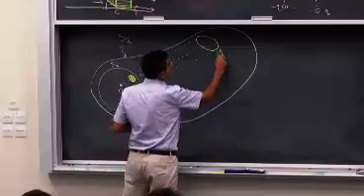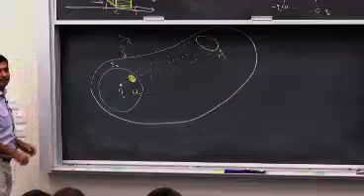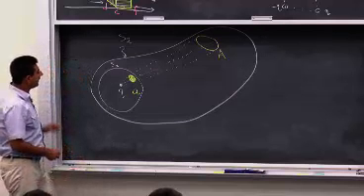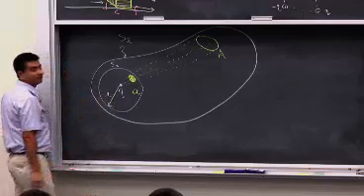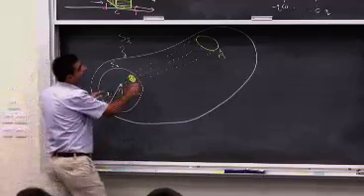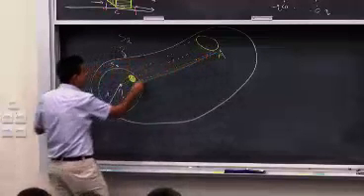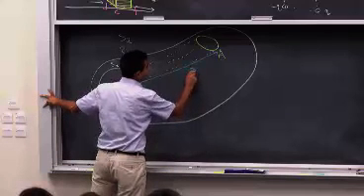I call this capital A. Now if this radius is small r and the distance of this big A from this point is capital R,